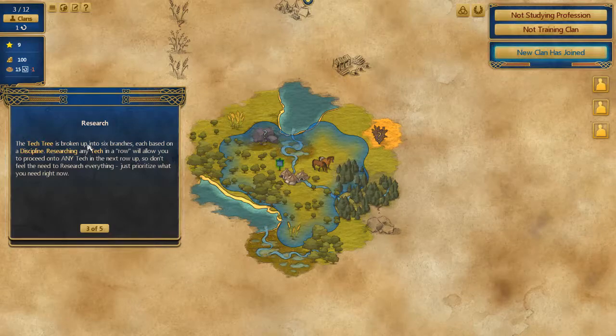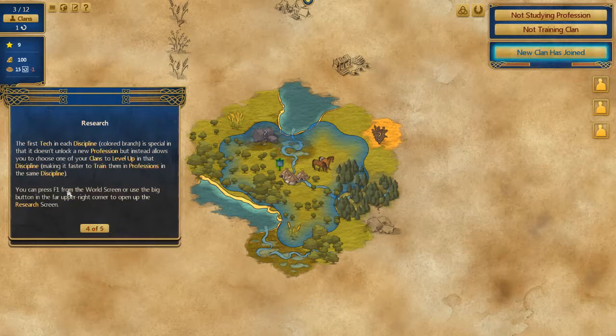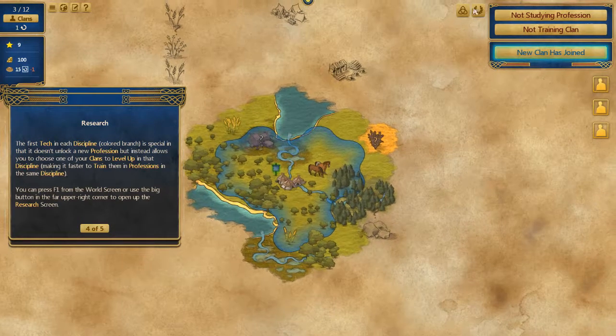The tech tree is broken up into 6 branches, each based on a discipline. Researching any tech in a row will allow you to research any tech in the next row. So you don't need to feel like you have to research everything, just prioritize what you need right now. Okay. The first tech, where is the tech tree actually? That's probably going to be a nightmare to click on. I'll find it. The first tech in each discipline